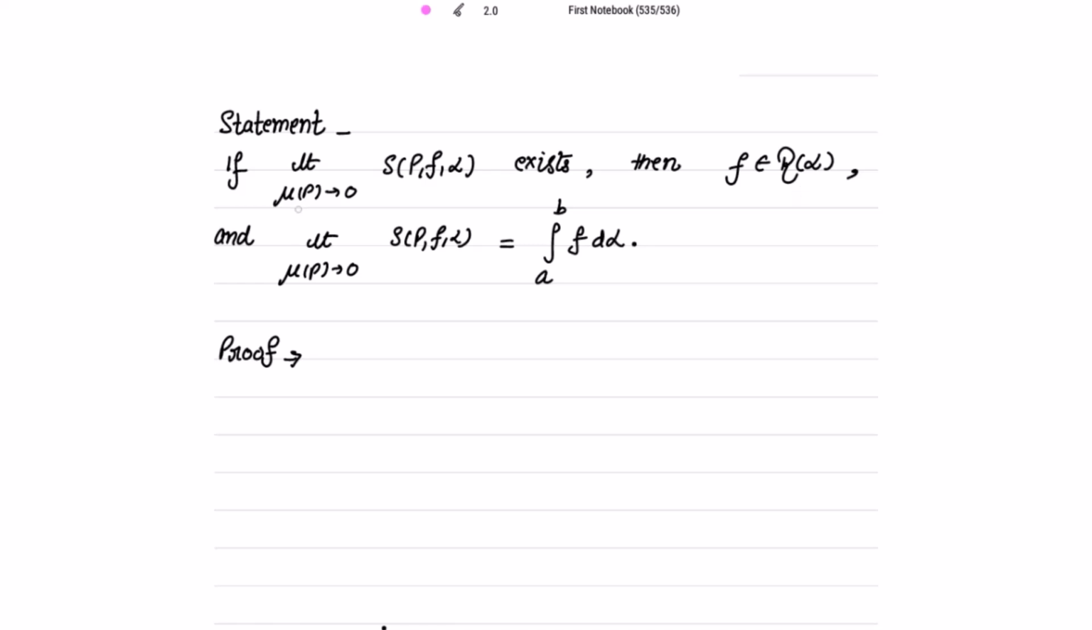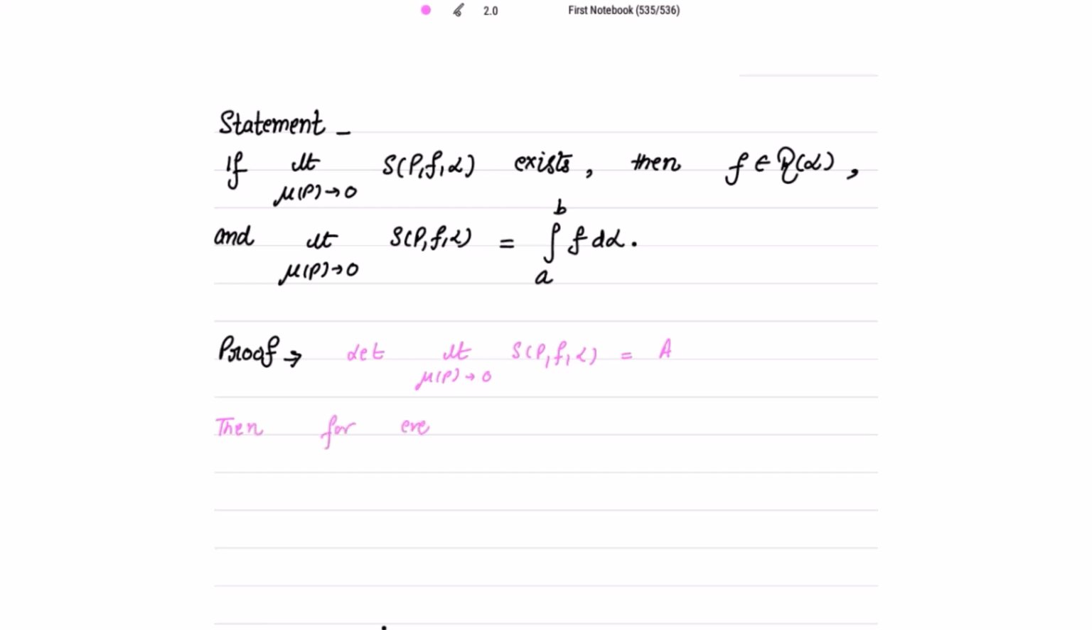That means if I take the limit as μ(P) tends to 0 of S(P, f, α), and if this limit exists, then I say that f is Riemann integrable. And what is this limit? This limit is equal to the integral from a to b of f dα. Fine. So let's start with the proof. What is given to us: the limit as μ(P) tends to 0 of S(P, f, α) exists. So let this limit be equal to, let's say, A, right? Then using the definition we just read,